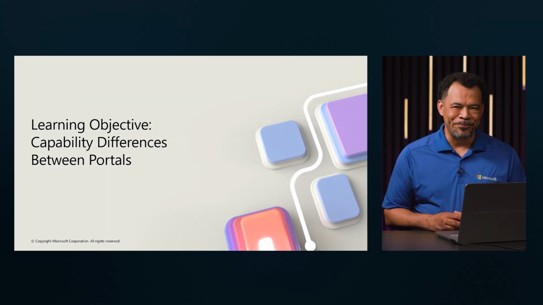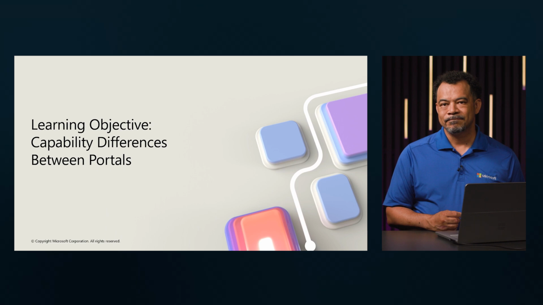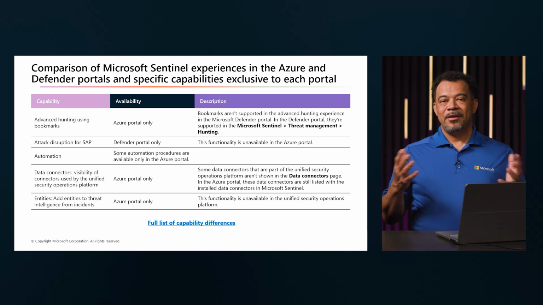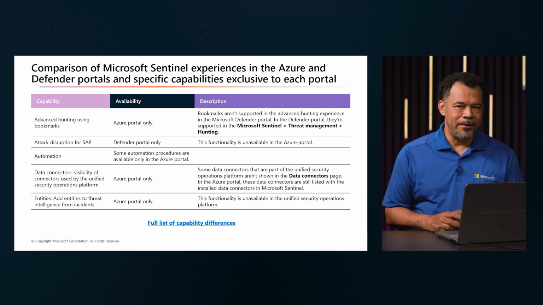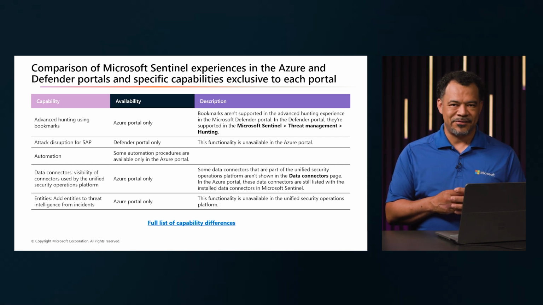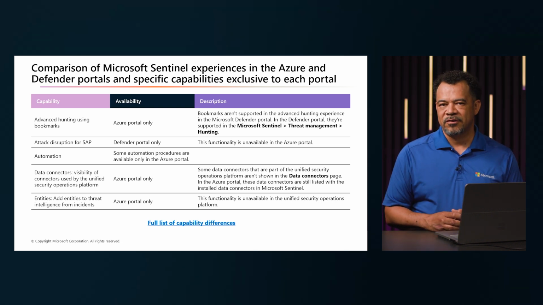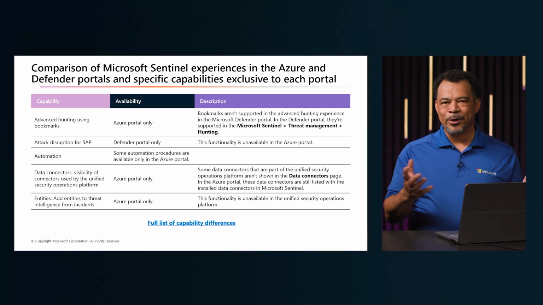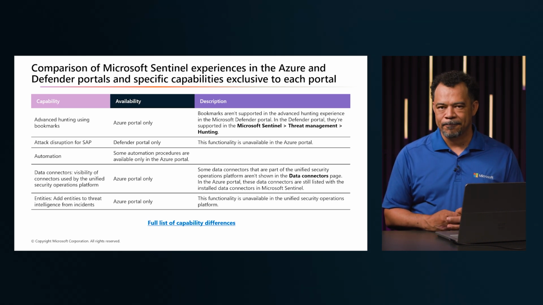All right, so in this module, we'll look at the capability differences between our portals. While most Microsoft Sentinel features are available in both Azure and Defender portals, there are some important differences to keep in mind. The Azure portal is where you'll find advanced capabilities like Fusion Analytics, incident tasks, and programmatic incident creation, all of which aren't supported in the unified Defender experience. On the flip side, managing alerts within incidents like adding or removing them is only possible in the Defender portal after you've done your onboarding.